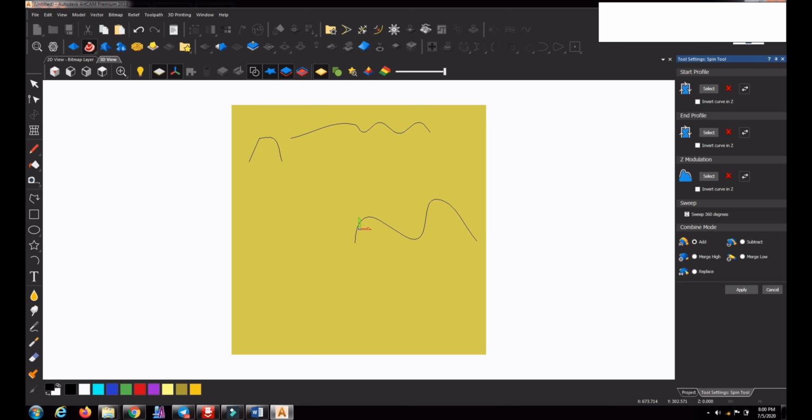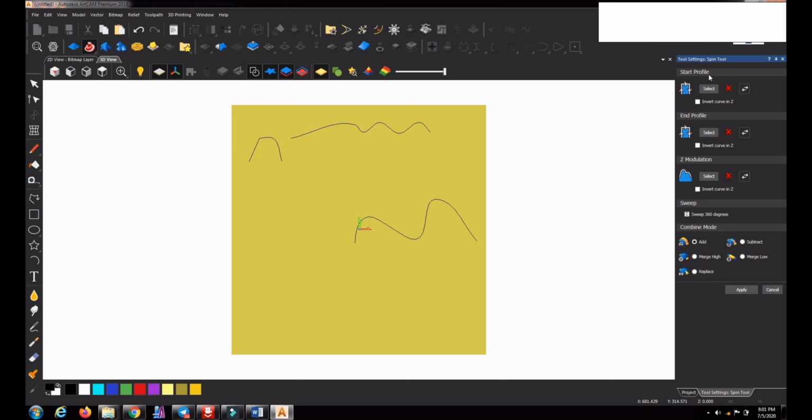In this 3D creation session, today we will look at creating a relief using the spin command. The spin command is available here in this 3D relief command group. If you release the button, on top of that you will get the command template. For this particular command, the spin tool, we can use three curves or vectors. Let me select the first vector that we use as a start profile.